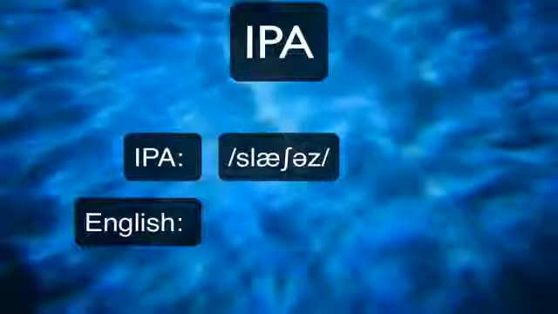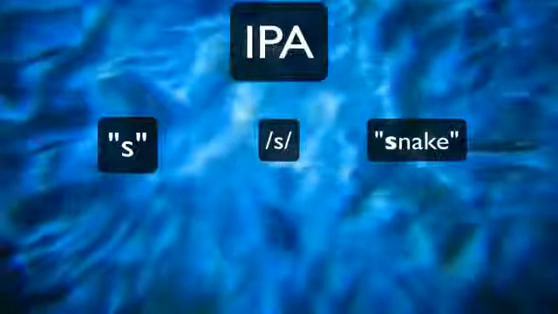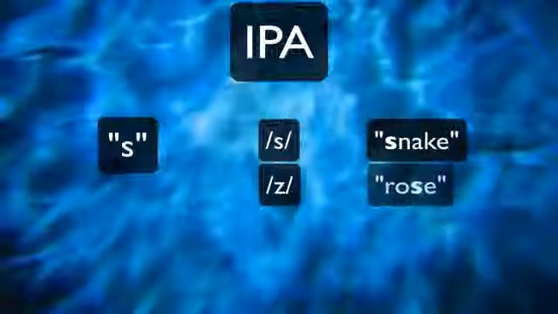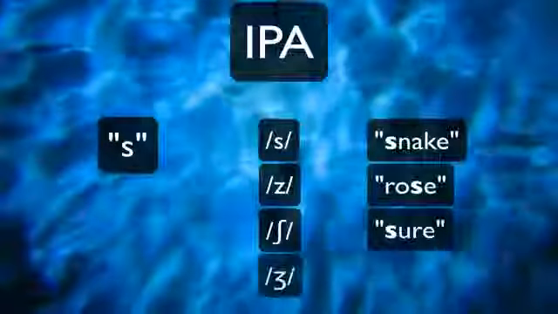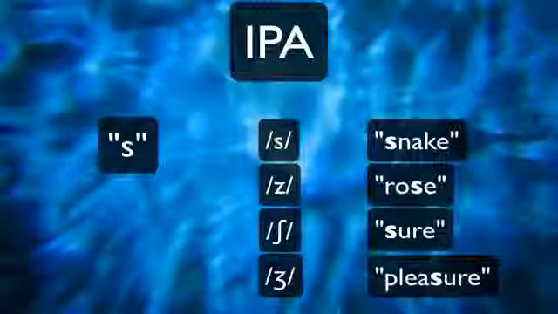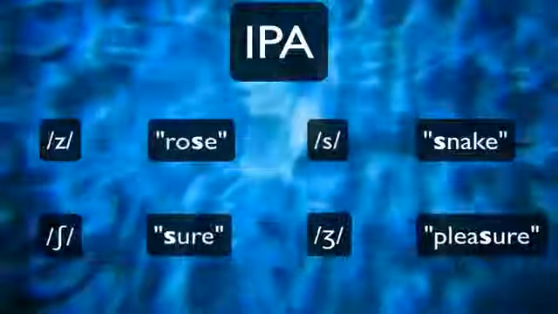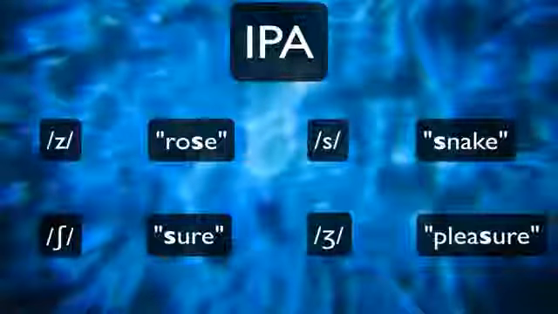Every time I write an IPA, I'm going to surround it with 2 slashes. And every time I refer to letters and words in English as they're spelled, I'll put quotes around them like this. So the letter S can make this sound, S, in IPA. It has the same character, but the letter S can also make a Z sound, like in rose, or Sh as in sure, or J as in pleasure. IPA splits all of these sounds apart and really tells you what you can expect to hear when you see a symbol. Over the next few videos, you'll be learning all these symbols, but for now, we'll talk about the